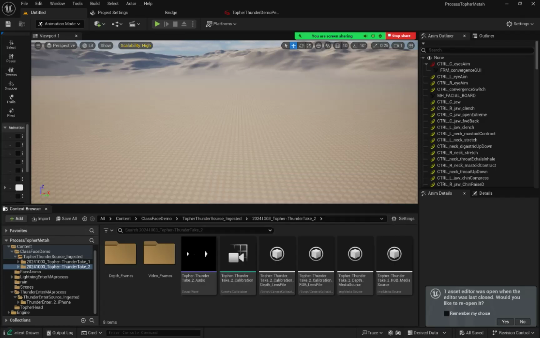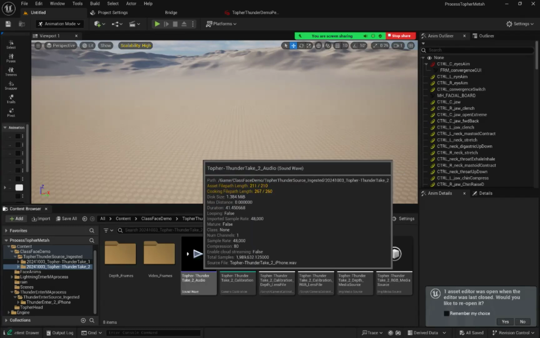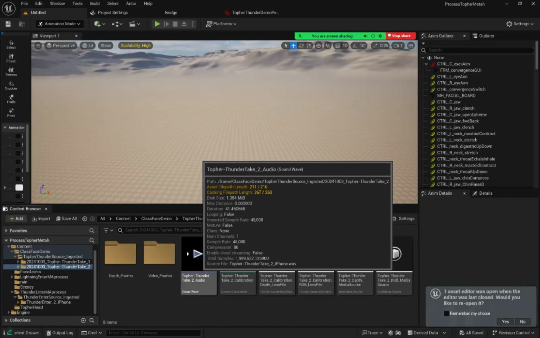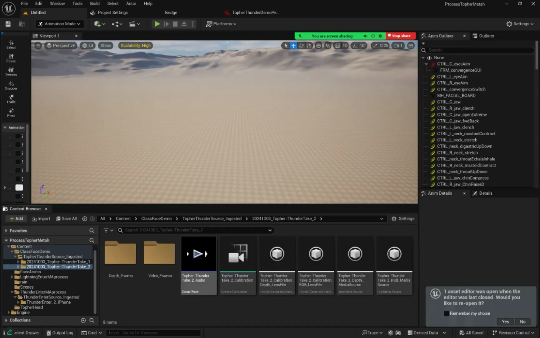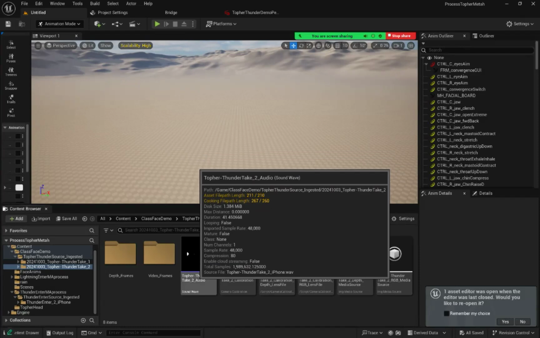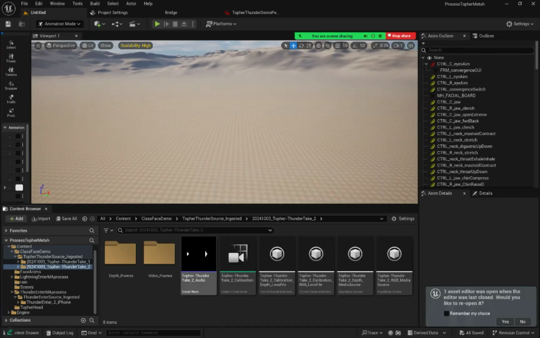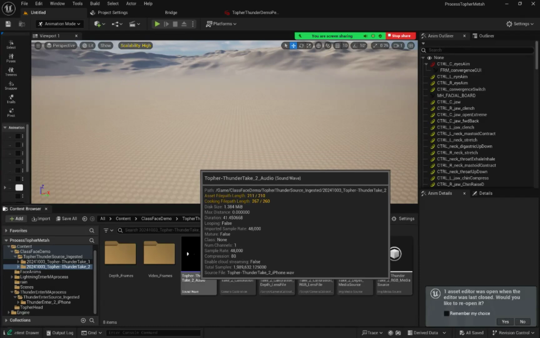But if you want that to be imported as an actual wave file, a lot of times these are only usable inside of Unreal Engine, which I am going to another Unreal Engine scene. But if I want to just have it as an audio file, because the final version of it I'm going to want to actually have in Premiere. I'm not going to be rendering out the audio because our final result for this project is an animation, but